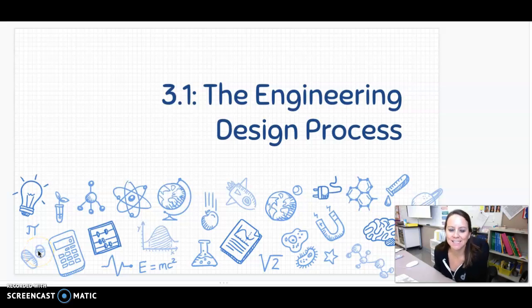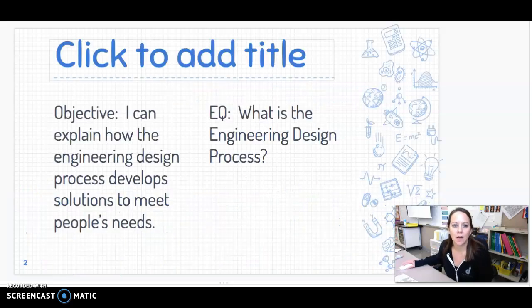All right, sixth graders, these are the notes for 3.1, the engineering design process. And I know that you've talked about the engineering design process a little bit back in elementary school, but the engineering design process is a process that engineers or anyone who's engineering goes through to come up with a solution to a problem. So our objective is I can explain how the engineering design process develops solutions to meet people's